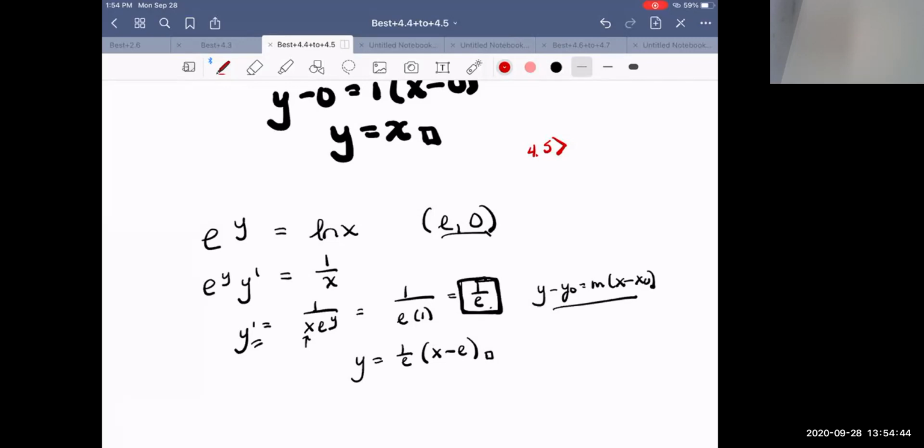But section 4.5, what does it say for you guys? It says 5 through 19 odd. I'm going to change that to the following. I'm going to change it to 2 through 20 even. And hit the save button. It's going to be due